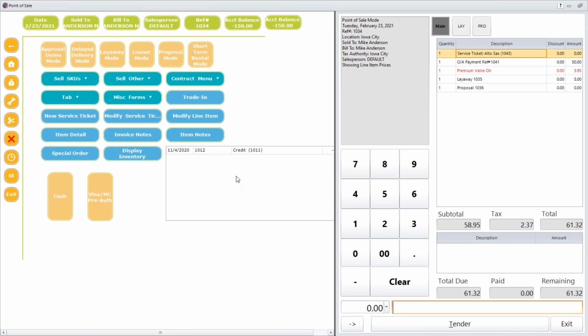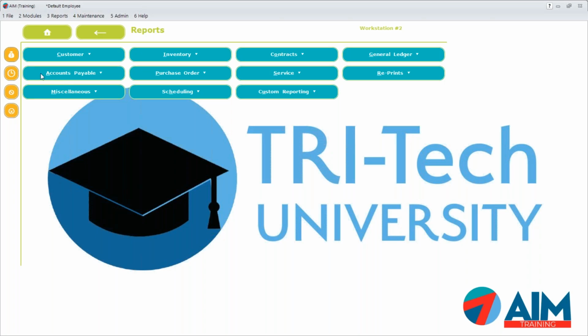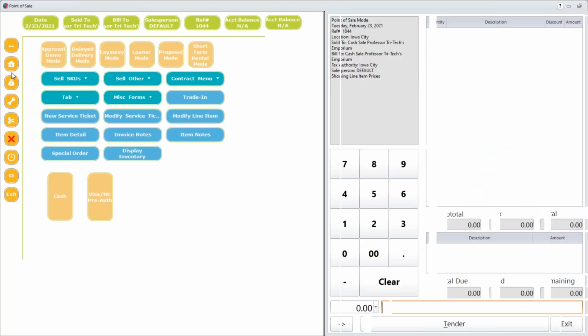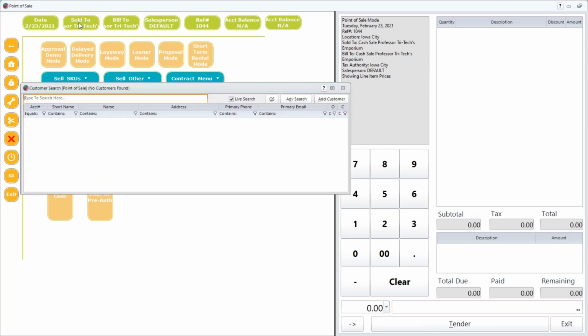So I hope that wraps up what we were talking about here with the different modes. Once again, let me demonstrate something quickly. I'm going to exit this and start straight into quick sale, because one of the things I did mention was you could start in quick sale, and you're basically in the same type of screen. But if I'm ringing up a sale and the customer says, oh, by the way, I'd like to put something on layaway, we can basically take our current point of sale transaction, click on the sold button